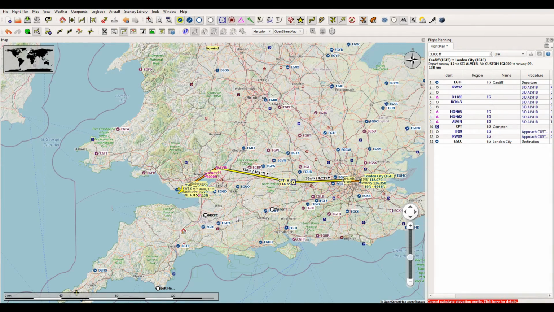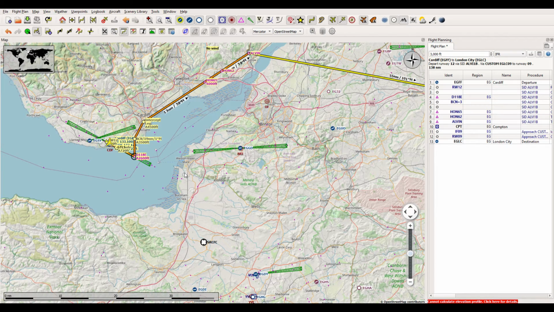Right, so here's our flight plan for today. I've put it on the map. It's fairly straightforward. I'll zoom in a little bit so that we can see where we're actually going. So the only tricky bit here is because of the proximity. This is us here obviously, and we're taking off in a southeasterly direction, and the only tricky bit is that in order to avoid possible conflicts with traffic at Bristol here, we have to make a sharp left turn and fly up the coast a little way, over Cardiff, Newport, and then up just north of Chepstow,